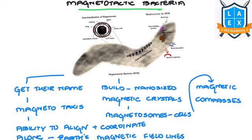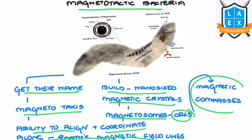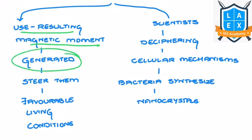The magnetotactic bacteria get their name from magnetotaxis, or the ability to align and coordinate along the Earth's magnetic lines. They build nano-sized magnetic crystals called magnetosomes in their cells, which act like tiny magnetic compasses. They use the resulting magnetic moment, which is generated from these magnets, to steer them towards favorable living conditions in